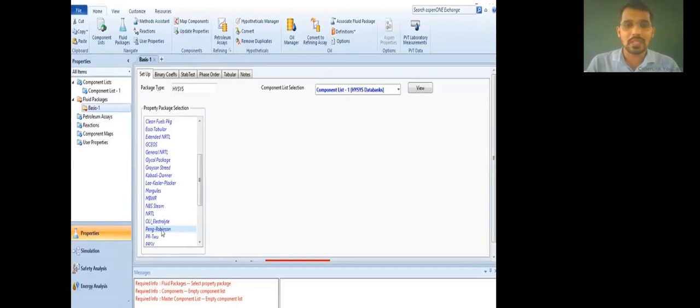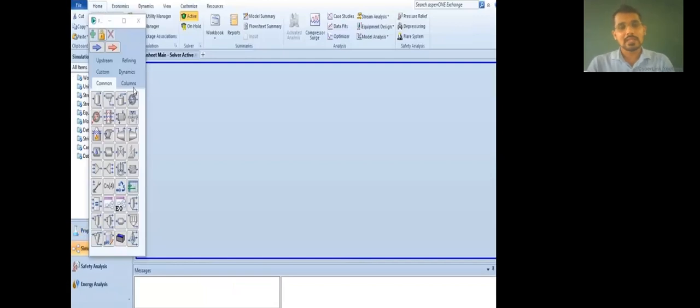But I told you, for distillation purposes, for vapor liquid equilibrium data, that is, for the separation of vapor and liquid, Peng-Robinson is the best package. By using this package, you can easily develop a model for any plant. So I am going to select Peng-Robinson because that is the best suited thermodynamic model for distillation. Just double click over Peng-Robinson. After that, it will be selected.